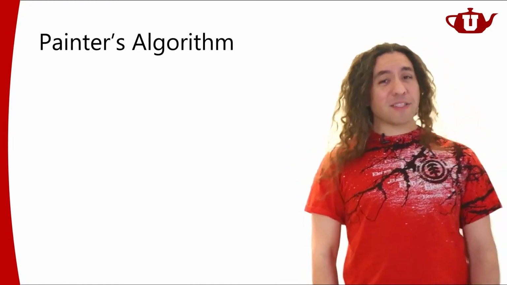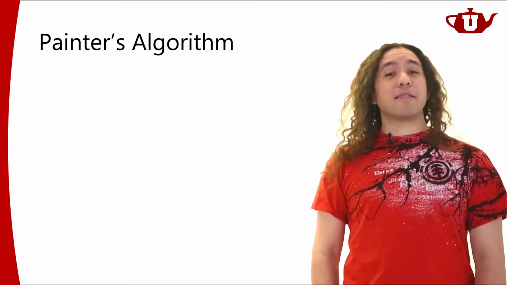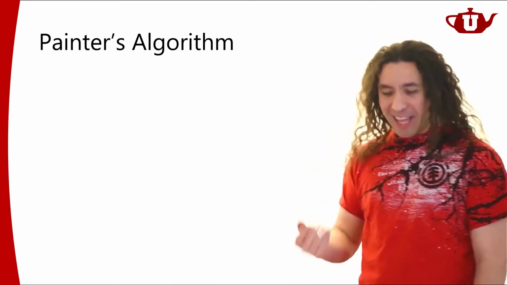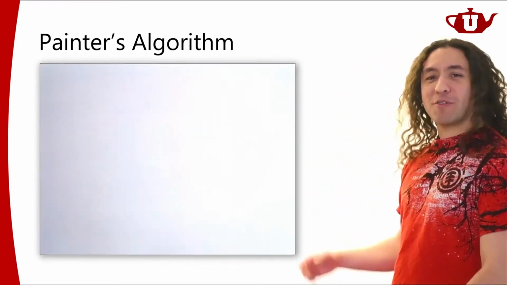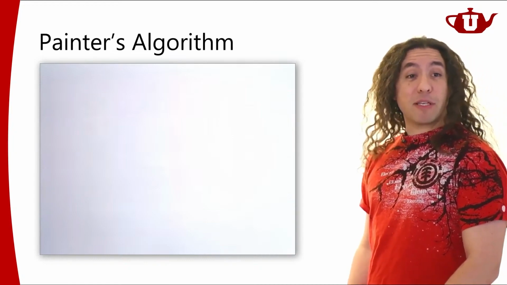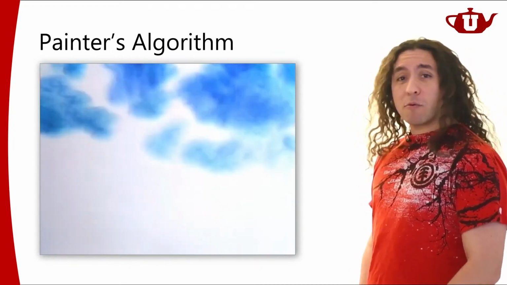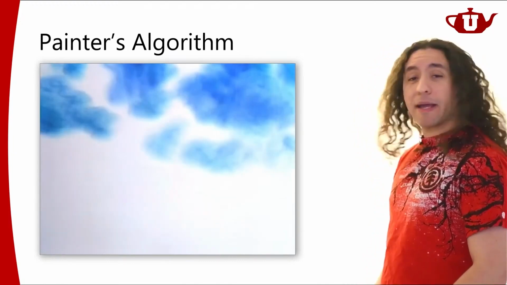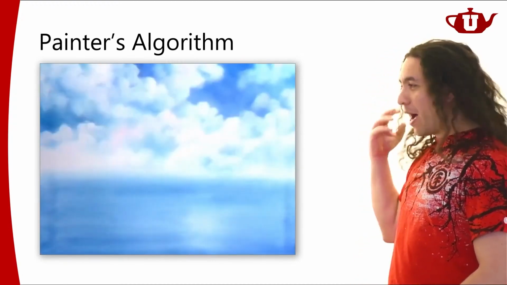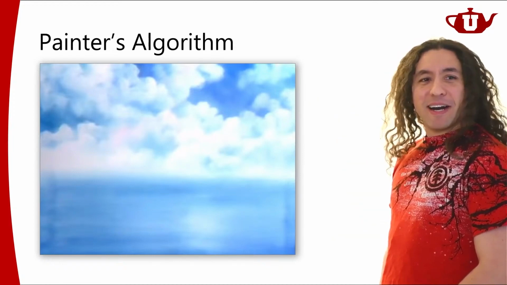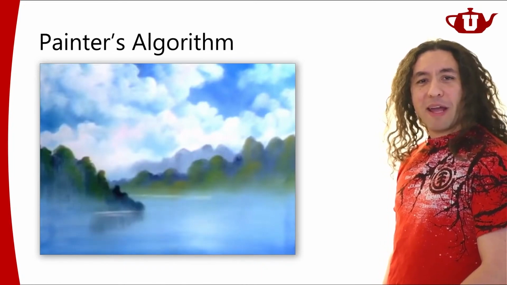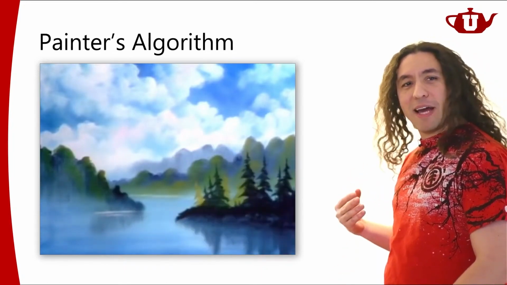The painter's algorithm imitates the process with which painters would generate an image, right? So let's say that I have this canvas, and I'm going to paint something on it. I can start with a background, right? So this is the sky. I painted the sky, and then maybe there was some ocean. Maybe there's some clouds in front of it. Well, then an island in the background. Some other terrain, and something in front of that, and something in front of that. You see what we're doing?